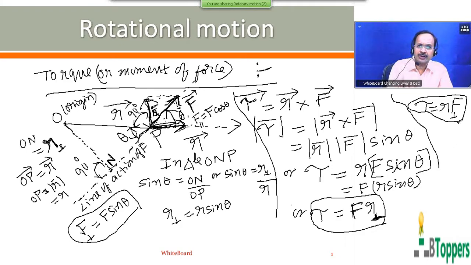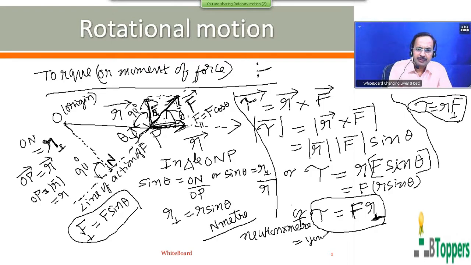So the unit of torque is naturally the product of the unit of force and the unit of distance. The unit of force is Newton, the unit of R is meter, so the unit of torque can be written as Newton meter. Of course, 1 Newton into 1 meter, as we discussed in work and energy, can be written as equal to 1 joule. So the unit of torque can also be written as 1 joule, but in most of the numerical problems we discuss in rotational motion, torque is usually expressed in Newton meter to make a distinction from the term work.